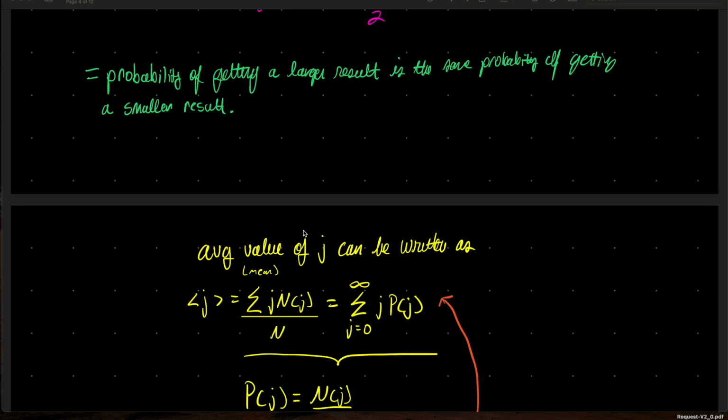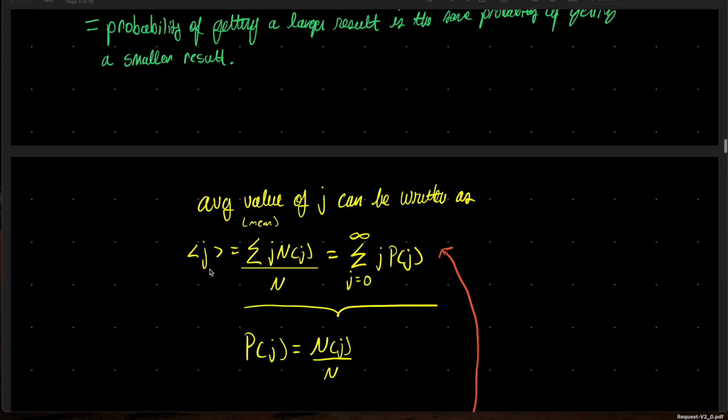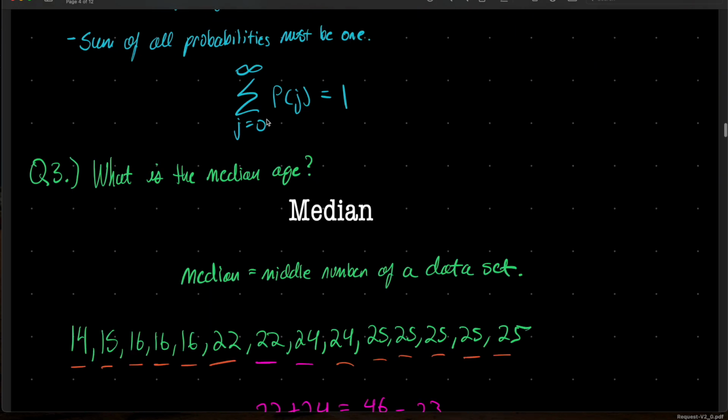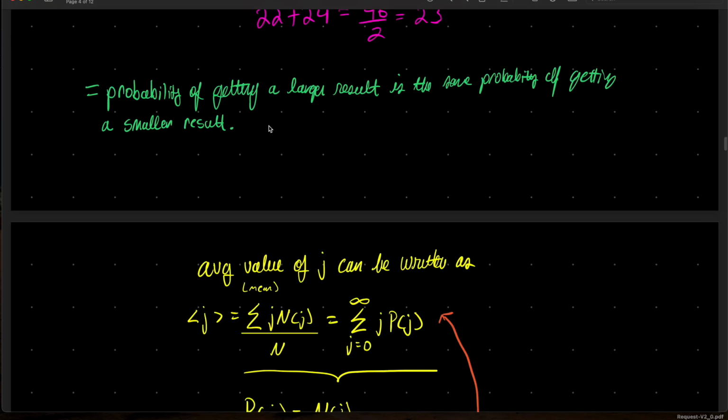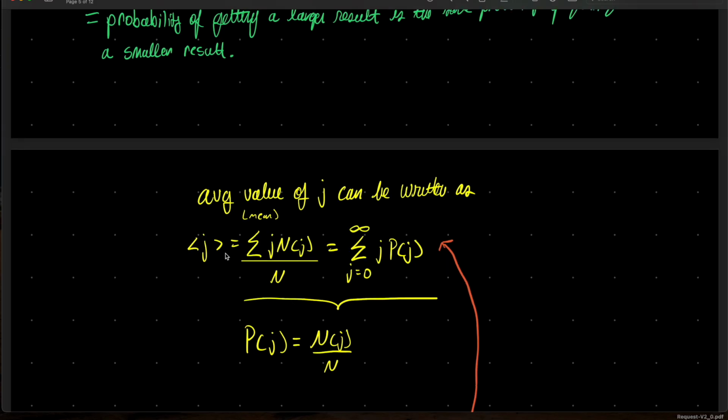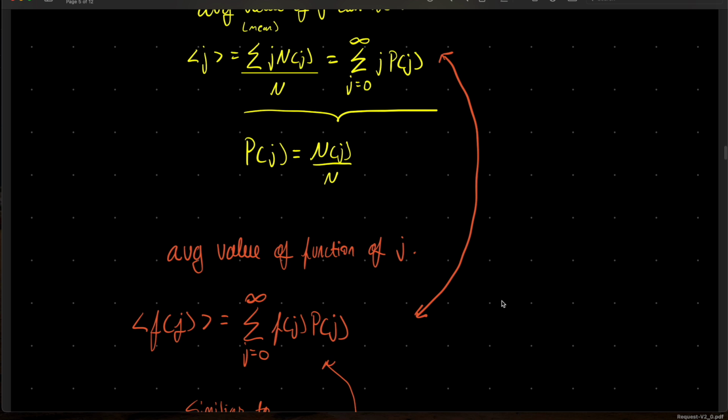Another way to describe that is, it's funny, I read this as the inner product. That's probably not rigorous to say because I think it's being used in a different context here. I just got done with linear algebra, so I see this as the inner product. The mean of j is equal to the summation of j times N of j divided by N. Well, we know from earlier that N of j divided by N is equal to the probability. So we can just say the mean value of j is the sum of j times P of j.